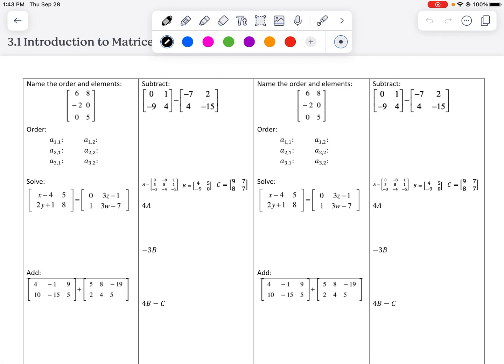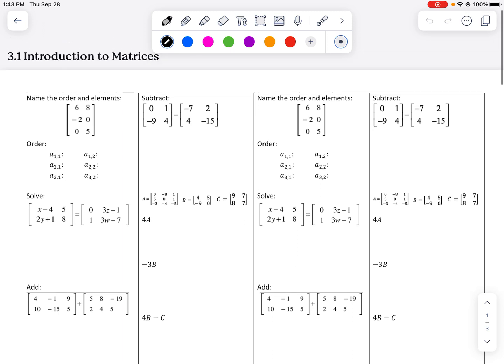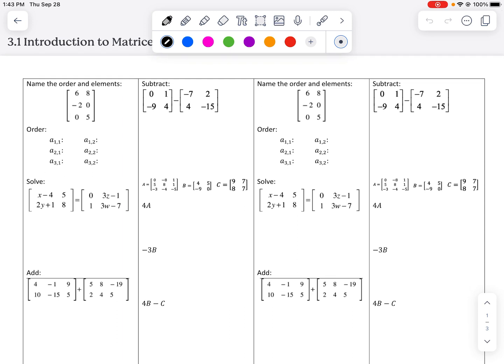Okay, friends, today's lesson is on 3.1, Introduction to Matrices. First of all, let's deal with the fact that it's asking us for the order. Order is just another word for dimensions. So when we go to fill out the order, all we're going to do is say that